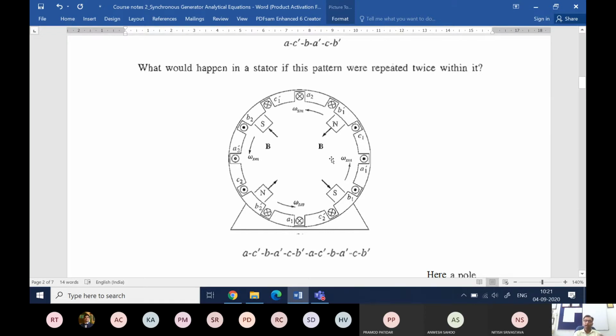So for a given coil, the entire waveform of voltage or current is generated by just half a revolution of the rotor. And as the rotor completes a full revolution, it will generate two cycles, because two pairs of poles have passed across each coil. So for one full mechanical rotation of the rotor, two cycles of voltage waveform are generated in each coil.